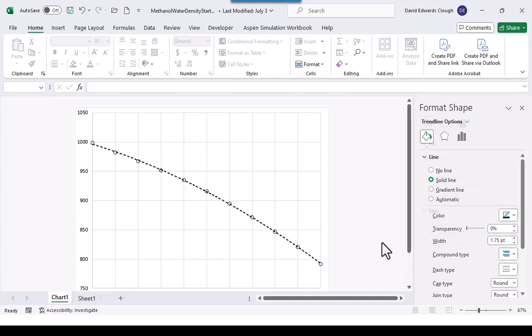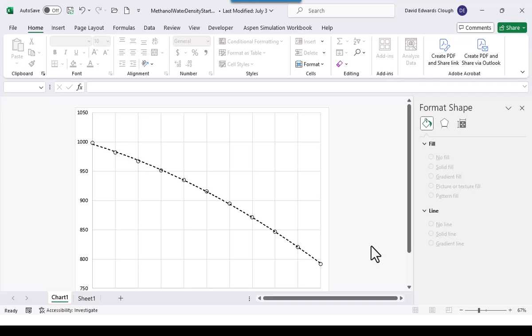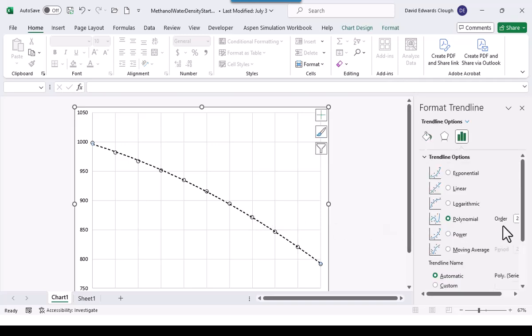Less, okay, something like that. So that doesn't look too bad. Although if we look closely, we may see that the line is a little bit high here, the line may be a little bit low elsewhere, so we might do better, all right? So if we click that again, we might change the order of our polynomial, and for instance, go to third order, and it changes a little bit, fourth order,